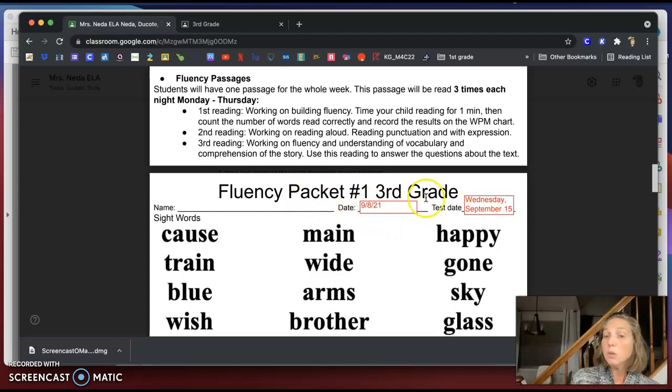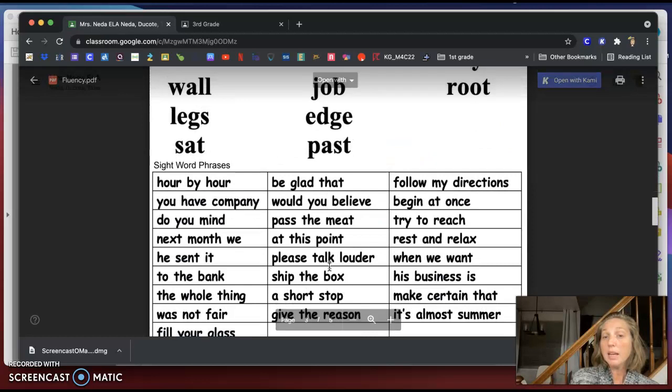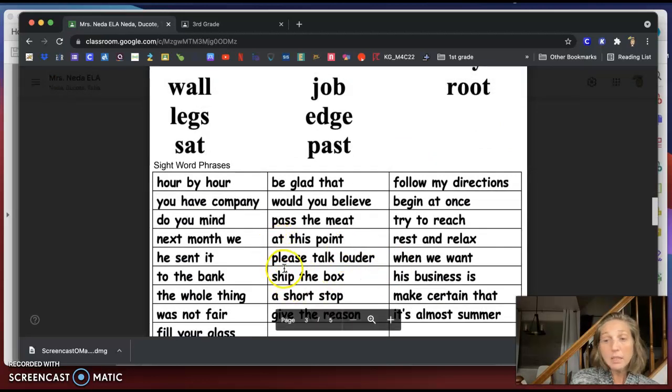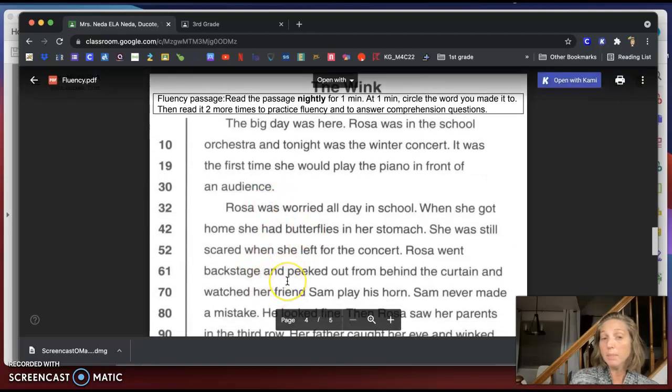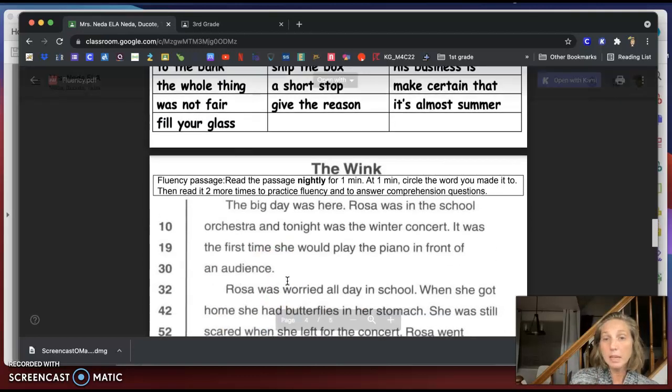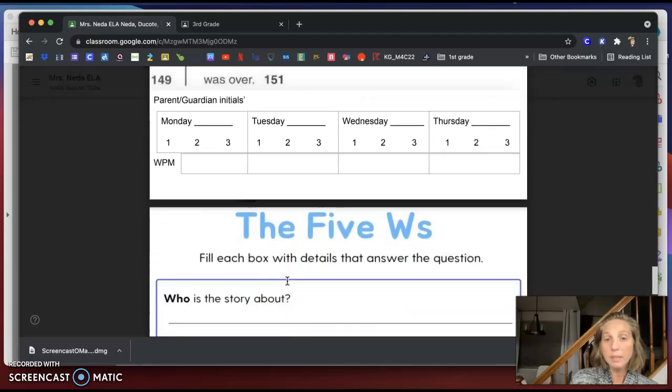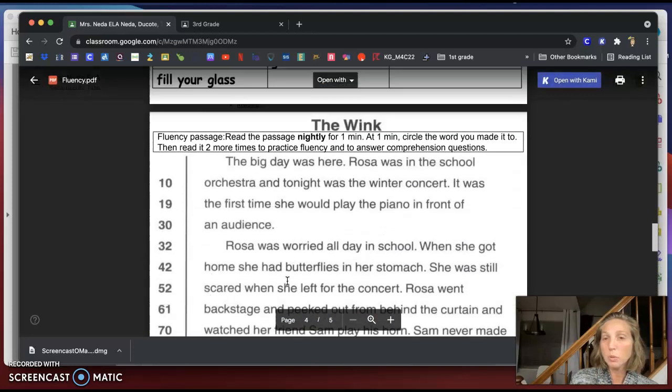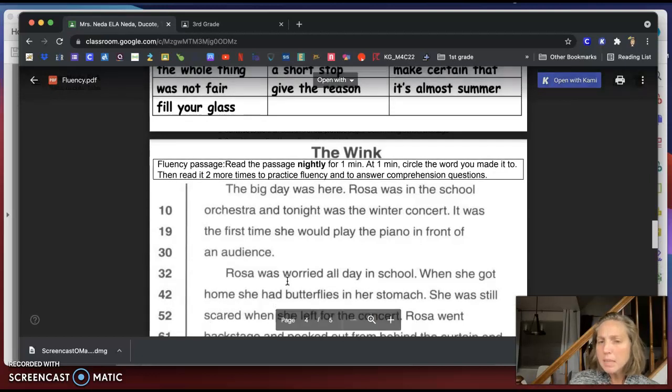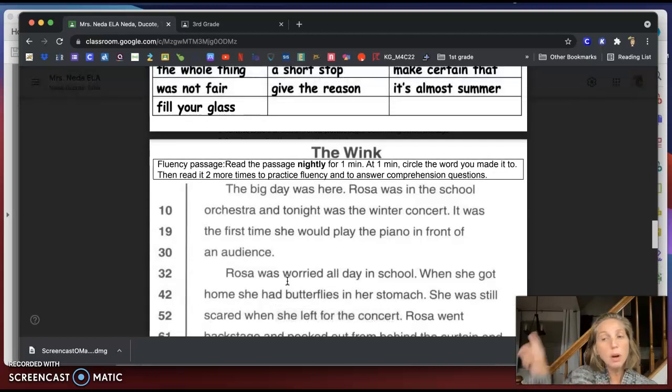All right, your sight words and your fluency phrases will not change if you don't get 20 out of the 25 correct. Okay, same thing with your story. I have a grade level on it. Miss Netta will have to tell that to you when I get back to school. But I think this one is like mid-second grade. So it won't go up another grade level until you pass mid-second grade. So each one of these things is to help us get stronger with our reading.